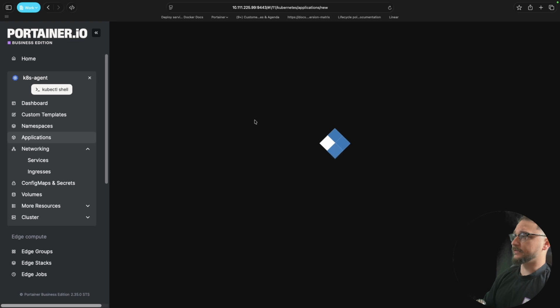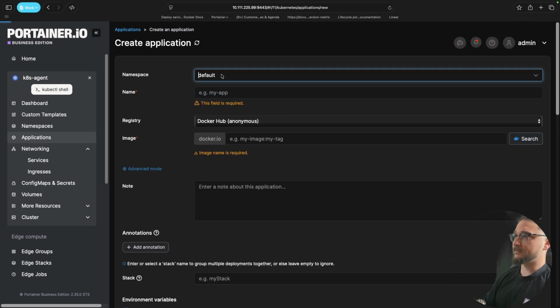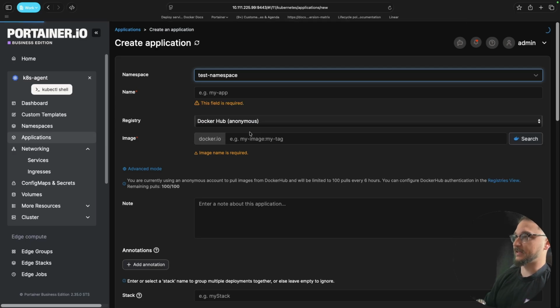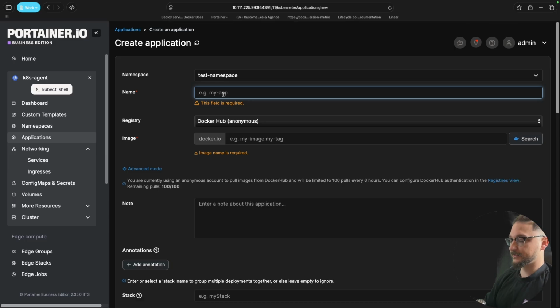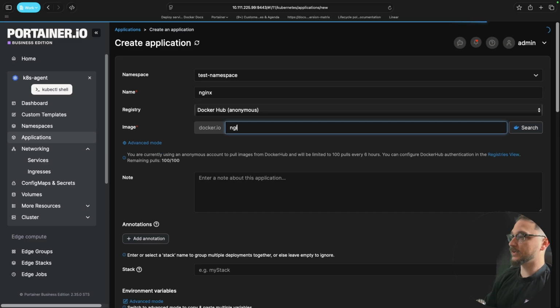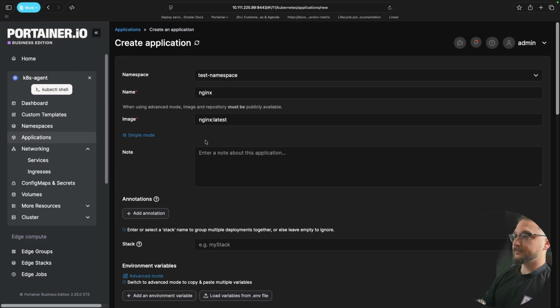And now what we're going to do once this loads is we can select our namespace at the top. So we've got default, Ingress, NFS storage, and test namespace. So we're going to go with test namespace. Now we'll give this a name, which is called Nginx. And we're going to use the Nginx latest image, just like that. And then under advanced mode,